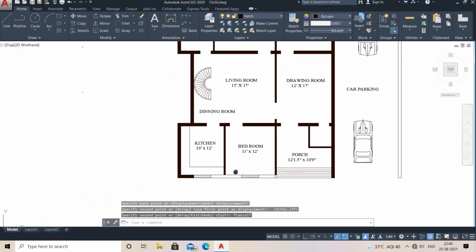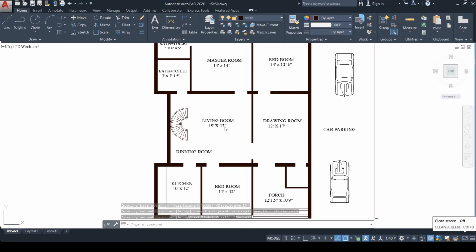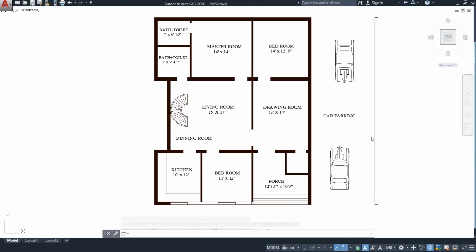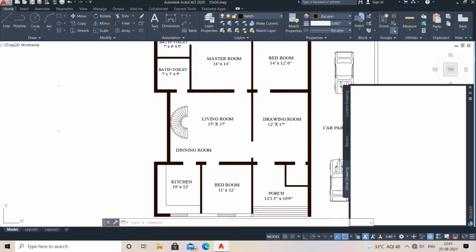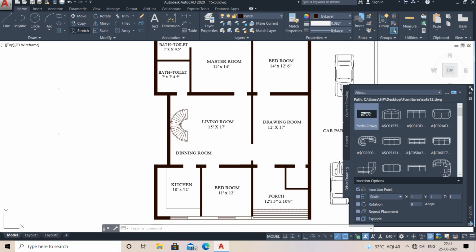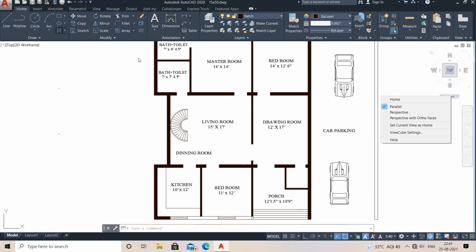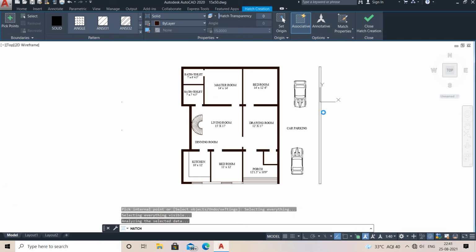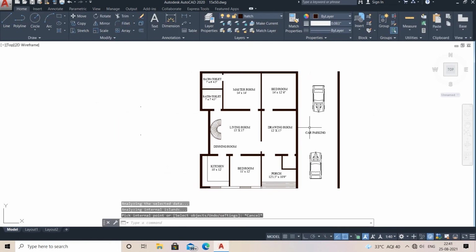After that, see, now I'm going to hide it. So before hiding it, just go for the hatch command. Simply go for the hatch command. Here some of my furnitures. So after this, click on the hatch. After clicking the hatch, just paint this wall, right? It has been painted. Now see, it looks really nice.